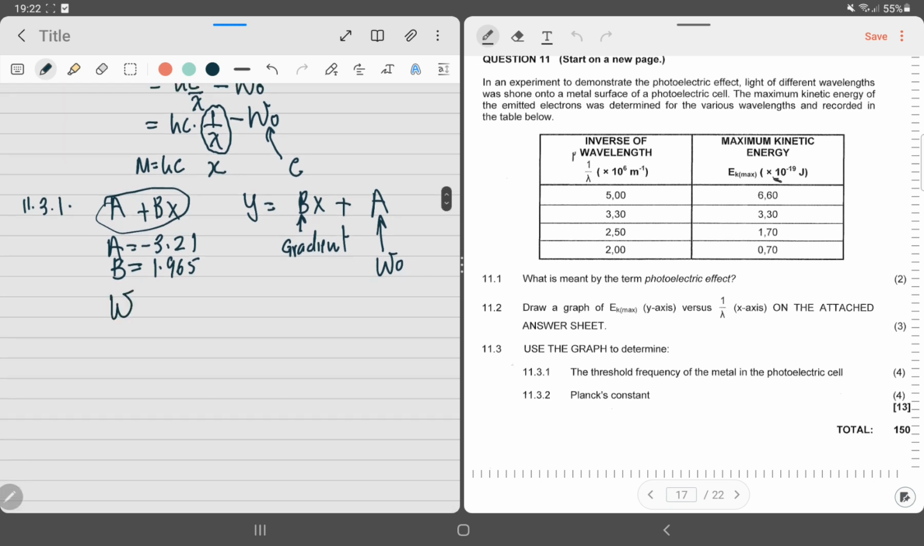So we know that the work function should be equal to hf0, 3.21 times 10 to the exponent of negative 19. It is times 10 to the exponent of negative 19 because we know that in the y-axis, the unit should be times 10 to the exponent of negative 19, which is equal to Planck's constant